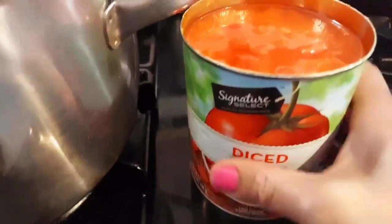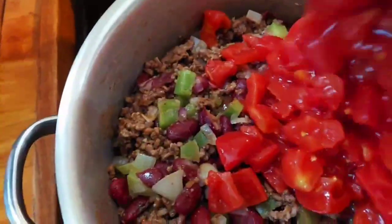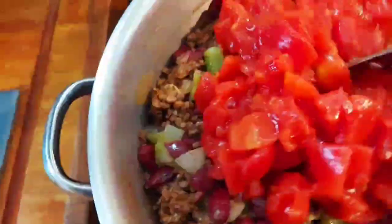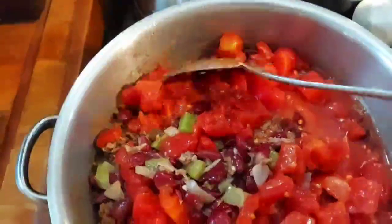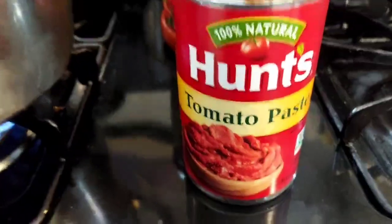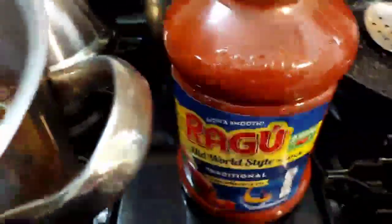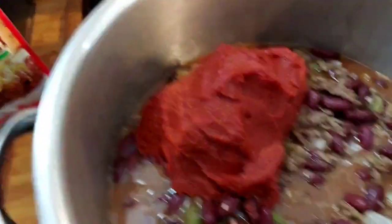Next, I'm going to add this can of diced tomatoes to our pot. They're beautiful, so with every bite, you're going to get a bite of these beautiful chunky tomatoes. Okay, let me show you what I'm going to do next. All right, everything is coming together quickly. I just added this whole can of tomato paste, and now, surprise, I'm going to add this spaghetti sauce